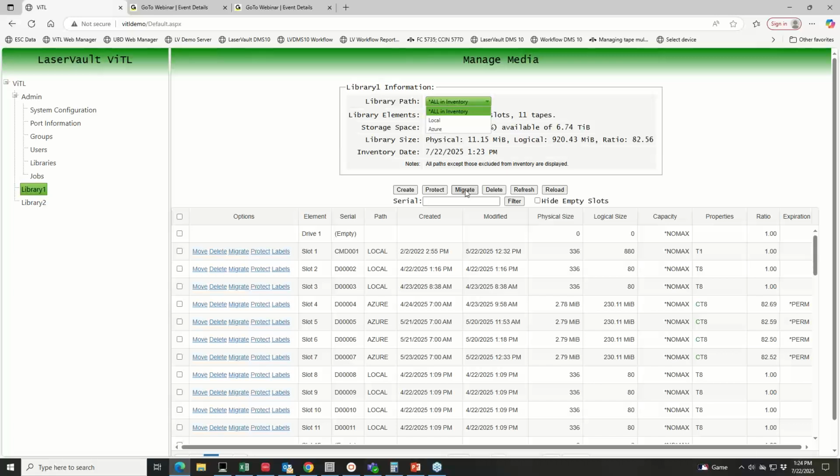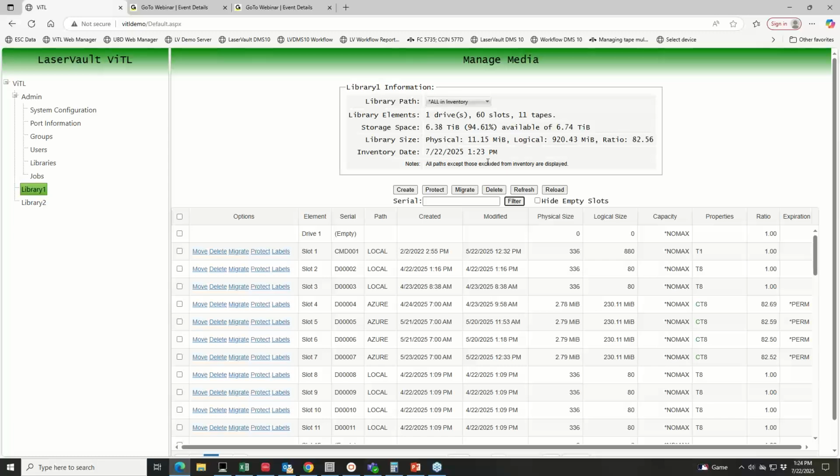You could also do this as an automated task. I have my migrate feature built into my BRMS control group as an exit program, so that when the backup completes, it automatically migrates the tape to the second path, or whichever path I want. You can also migrate a tape back from Azure to local, but as you can see, you've got the flexibility of being able to restore and see tapes from any path in which they are